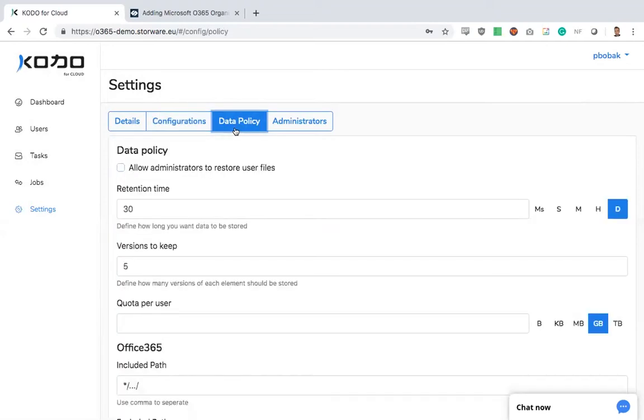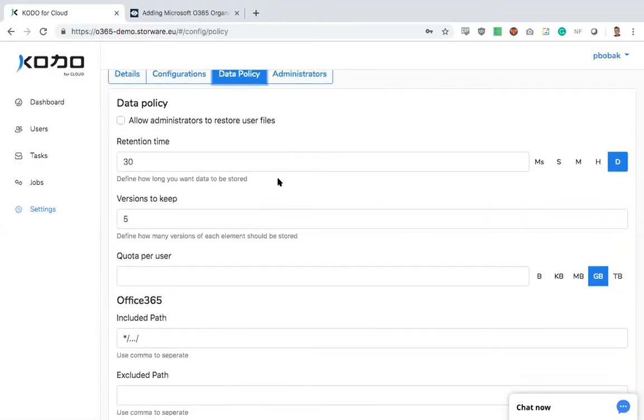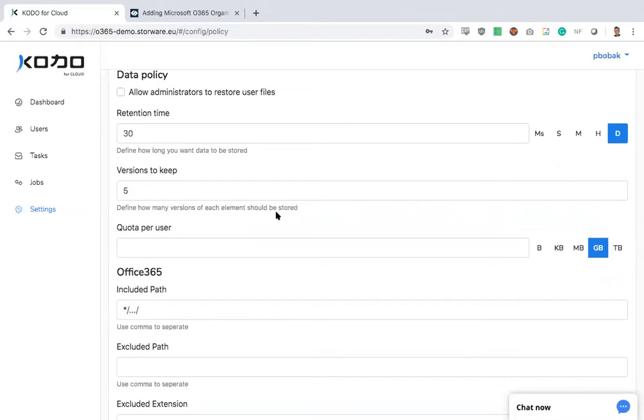Second step will be to configure the data policy. We need to tell KODO how long the data should stay in the backup. So we can configure retention based on days. We can configure how many versions of data, for example, files from OneDrive, we want to keep if the file is changed over time. We can configure some quota per user, so if we have some user that stores a lot of data in OneDrive, he will not eat up all the place in our